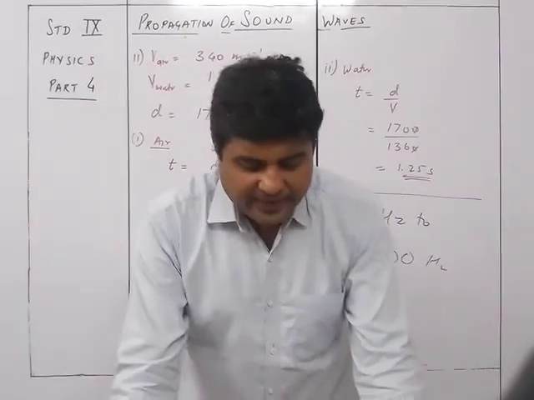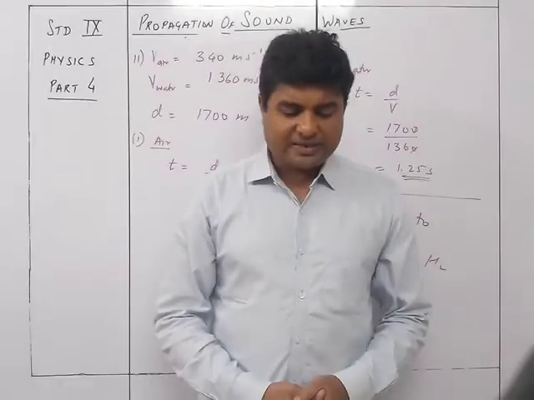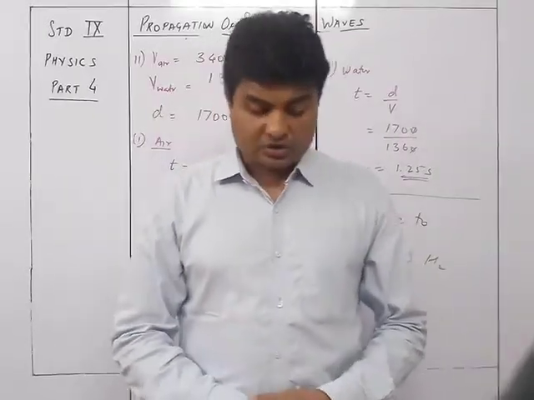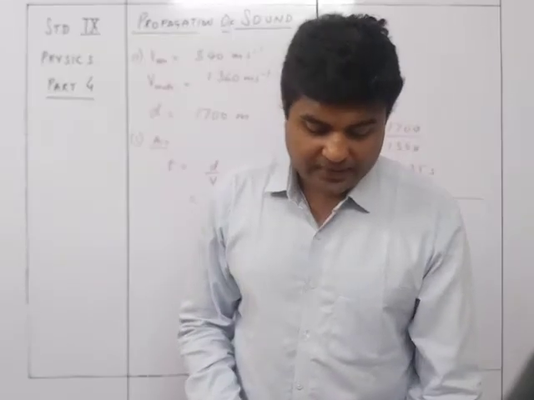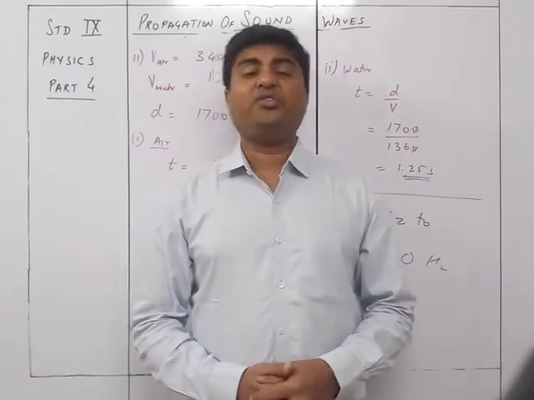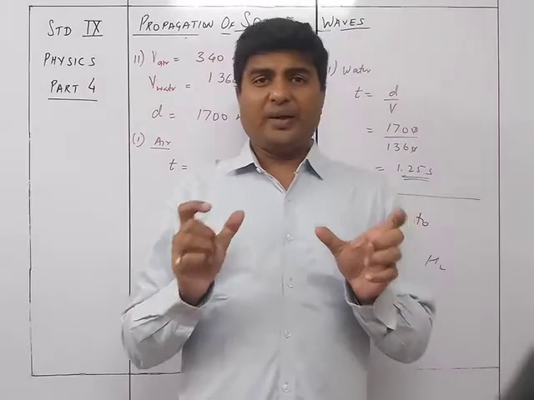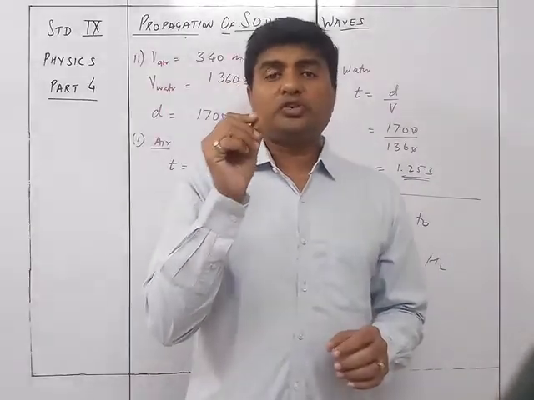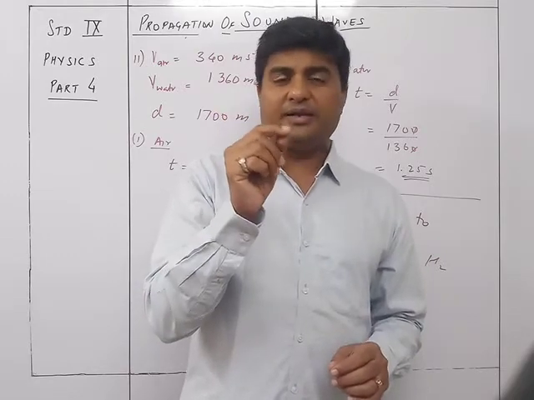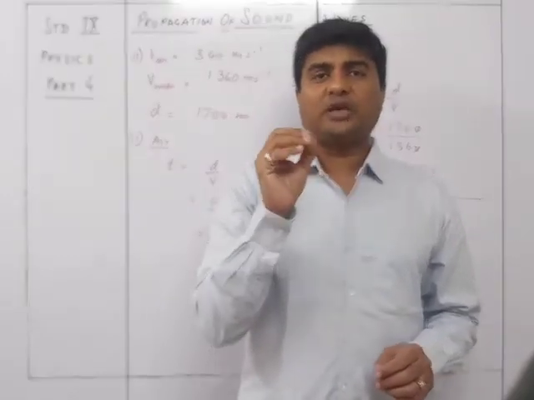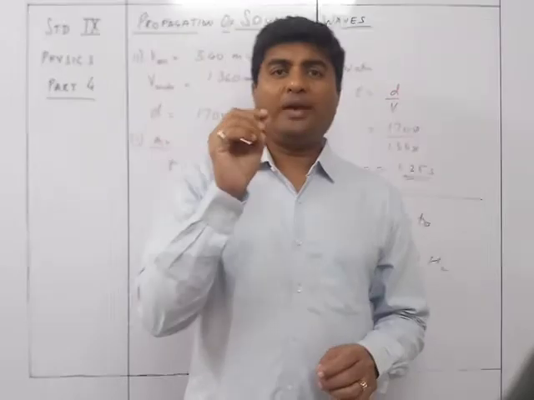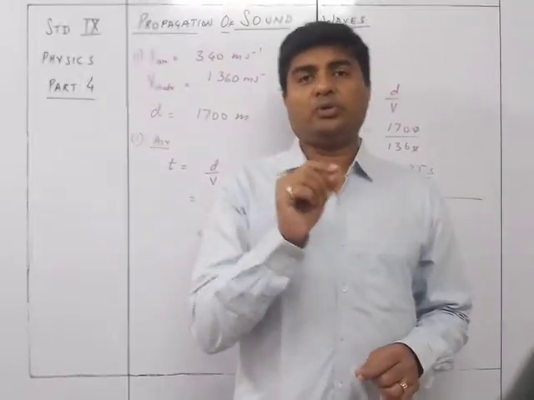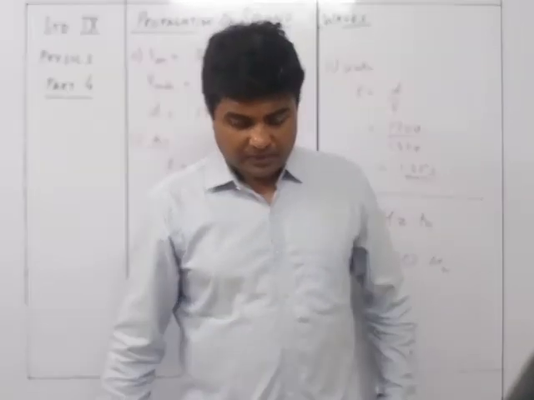Even in the audible range, the human ear is not equally sensitive for all frequencies. The human ear is more sensitive in the range 2000 to 3000 hertz, where it can hear even a very feeble sound. So it is between the frequency 2000 hertz to 3000 hertz where even the smallest feeble sound, that is the sound with the lowermost amplitude or very low loudness, can be heard.